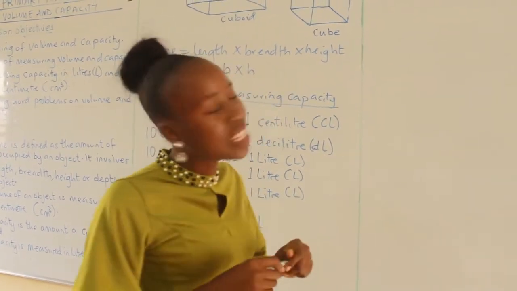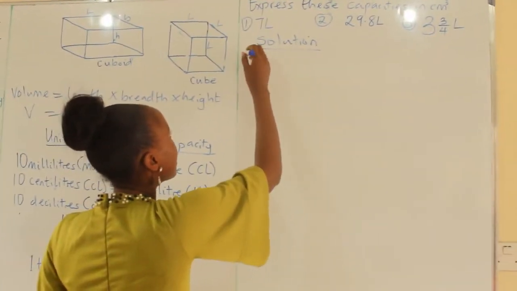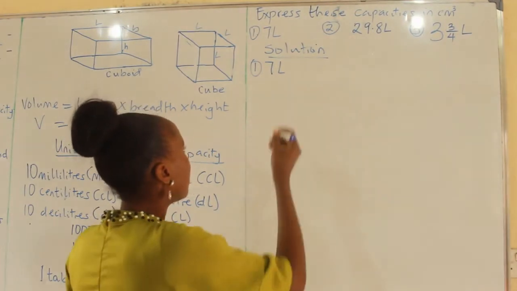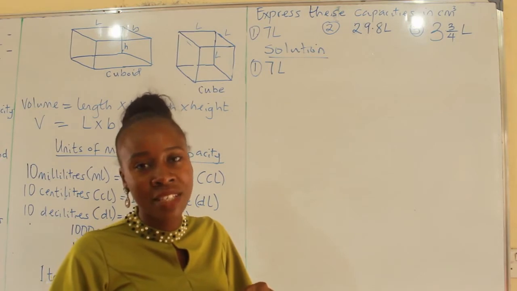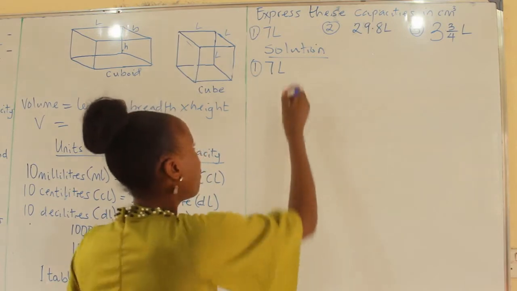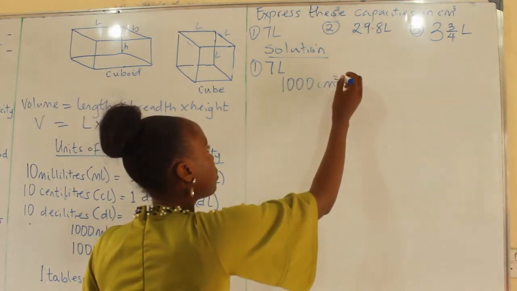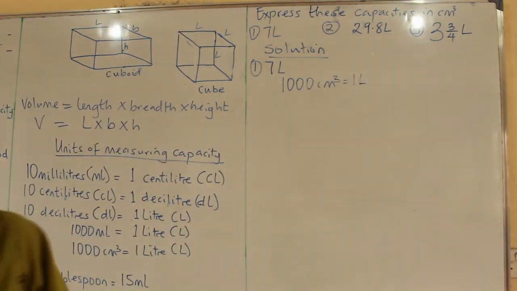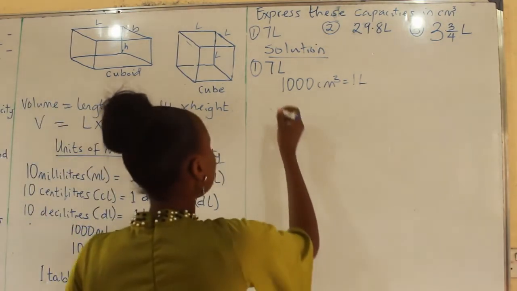Express these capacities in centimeter cube. Number one is 7 liters. Remember that the relationship between cm cube and liters is 1000 cm cube equals 1 liter. Alright. And now we have